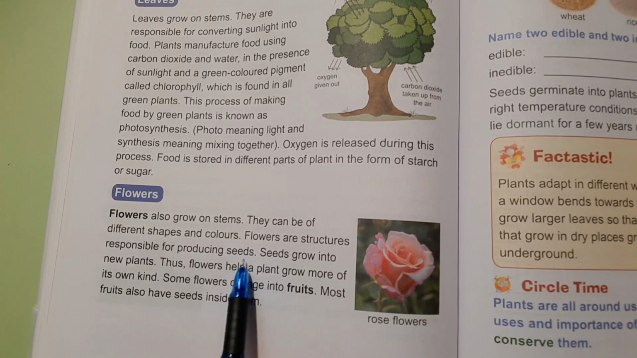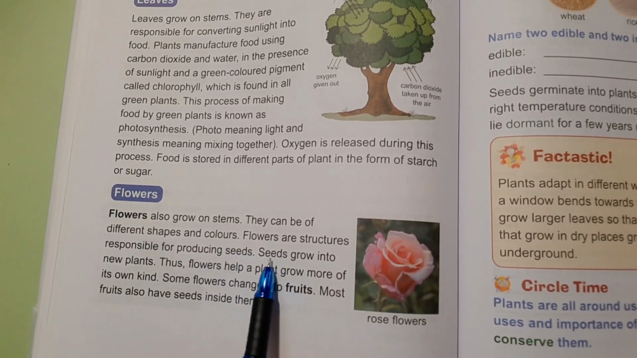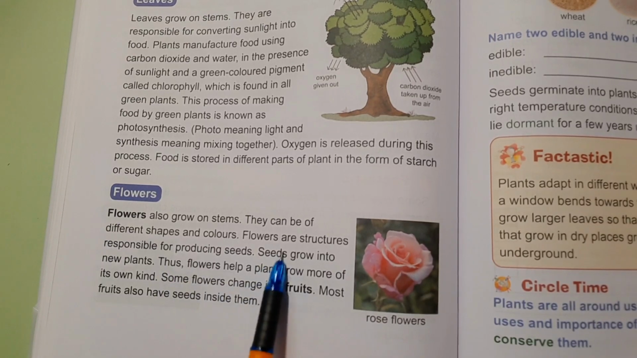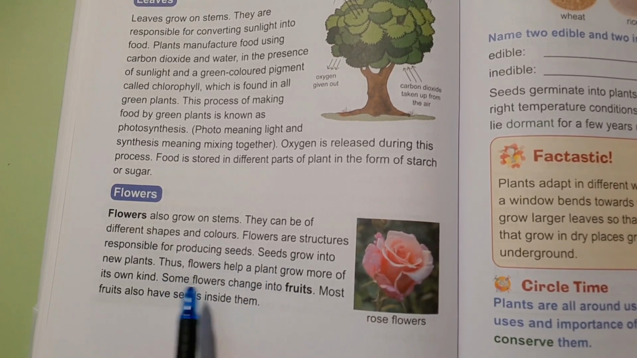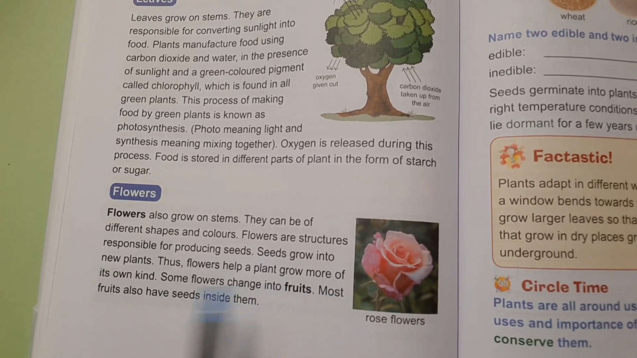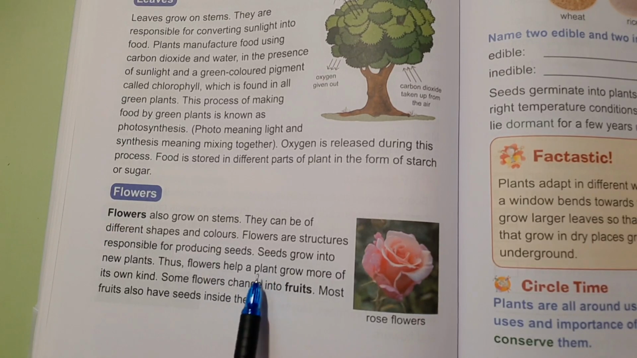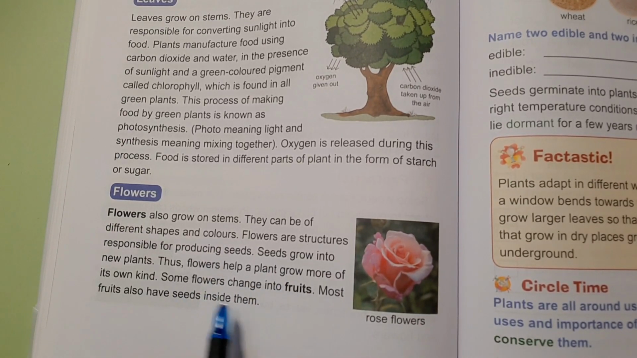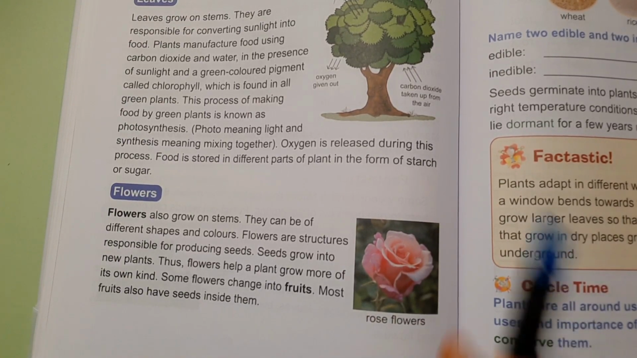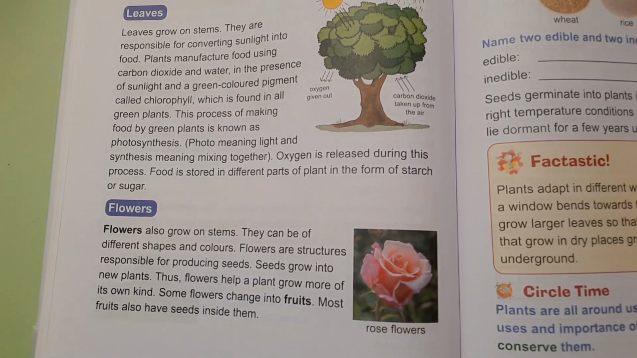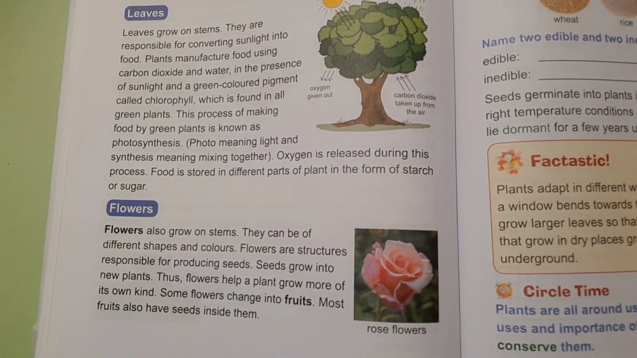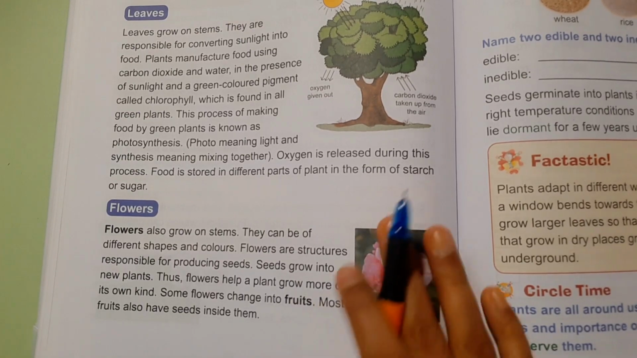So ये seed भी produce करता है। Seed grow into new plant, and then seed से क्या होता है? एक नया plant बन जाता है। Thus, flower help a plant grow more of its own kind. So, flower से हमें seed मिलता है and then seed से plant grow होता है. Some flowers change into fruits. So, there are some flowers जो कि fruits में change हो जाते हैं. Most fruit also have seeds inside them. So, ज़्यादातर जो आप fruits देखते हो या खाए हो उसमें आपको याद होगा कि उसमें seeds होते हैं अंदर।